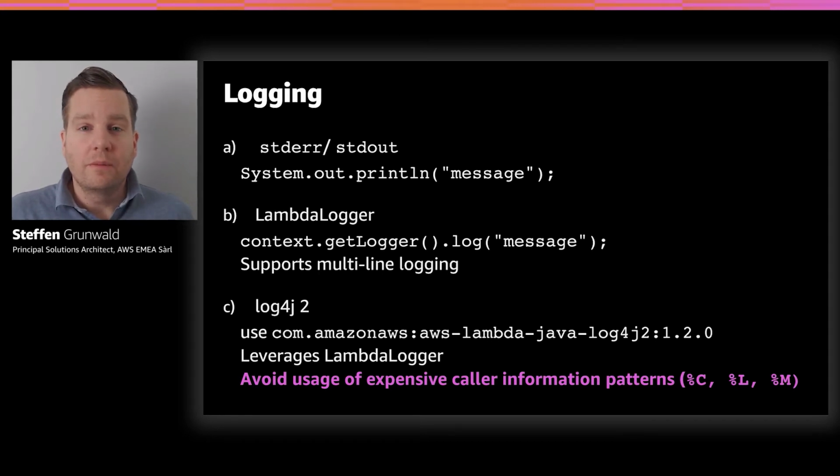So this is something which you can use to easily debug and log. You can also use the Lambda logger, which is an object you can retrieve from the context parameter passed to your handler. And there you can also use multi-line logging to get many lines in one single CloudWatch logs message. One common way to log in the Java world is using log4j,